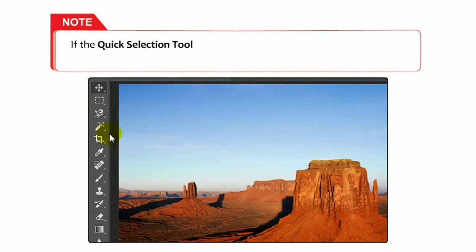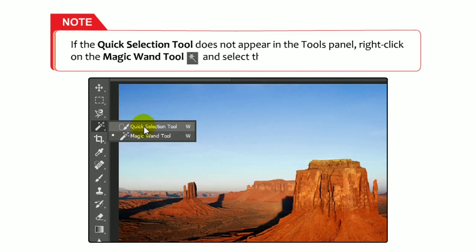Children, please note if the quick selection tool does not appear in the tool panel, right click on the magic wand tool and then